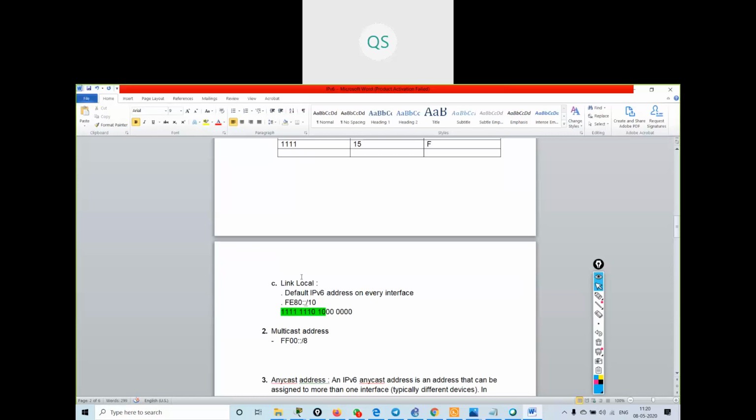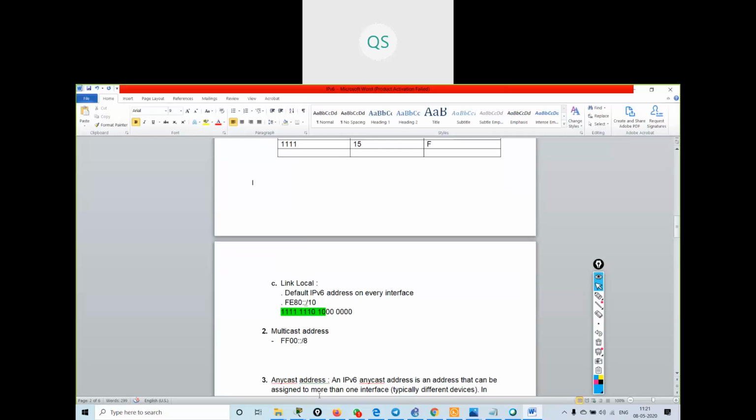Now the next type of address is the multicast address. If you remember, multicast addresses were there in IPv4 also. Multicast addresses will always start with FF00/8. This is the default format for a multicast address.